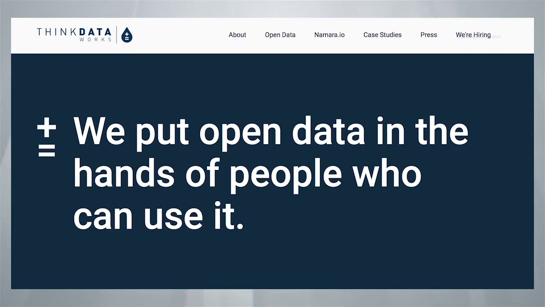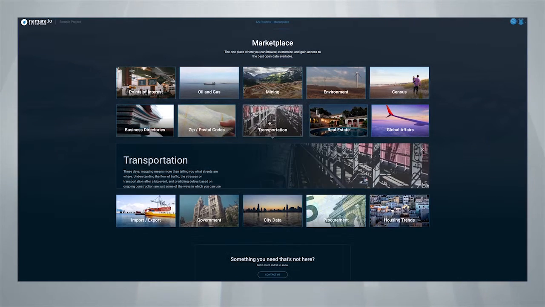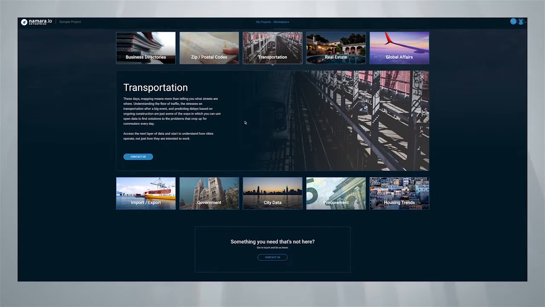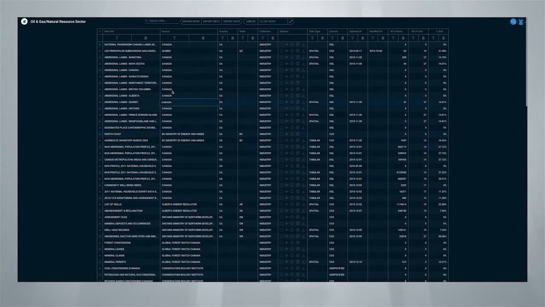Basically standardized access to publicly available data. There's a lot of data that's available on the internet in some capacity, whether it's released by governments, NGOs, or companies as a whole. The problem is they don't release it in a standard way. So companies have a really hard time finding it, using it, connecting to it, and building it into their products and services. So we've built a platform that connects to any source, and then we transform the data to a standard format, and then with a common API can plug it into basically any